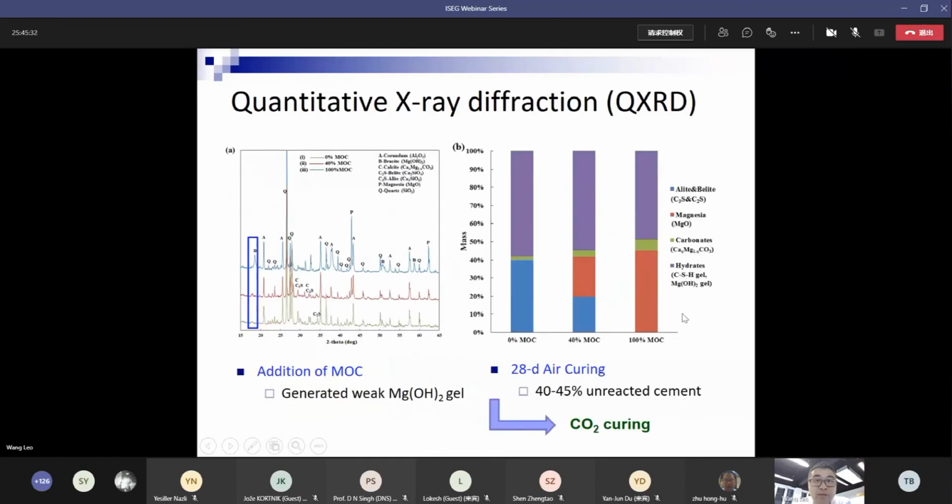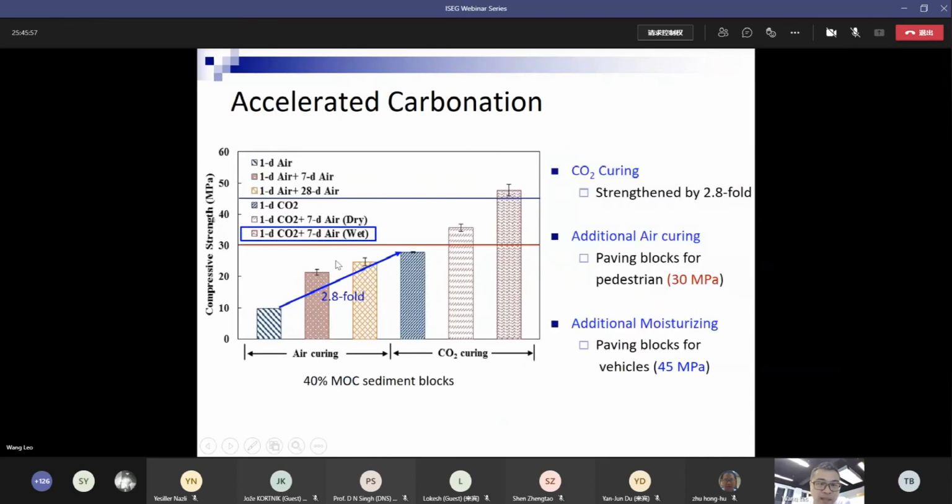From the XRD result, we can find the addition of MOC will generate a large amount of magnesium hydroxide. And after 28 days air curing, more than 40% of the cement is unreacted. So we also want to use CO2 curing to facilitate the reaction process. After 1 day CO2 curing, the strength increased to 2.84 MPa, and with additional air curing, we can find it can